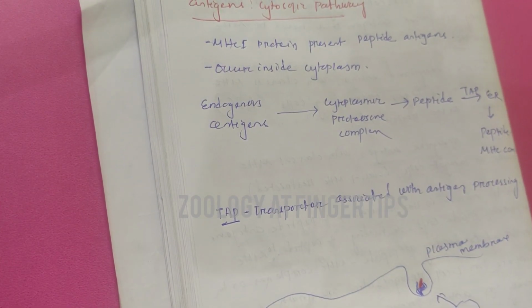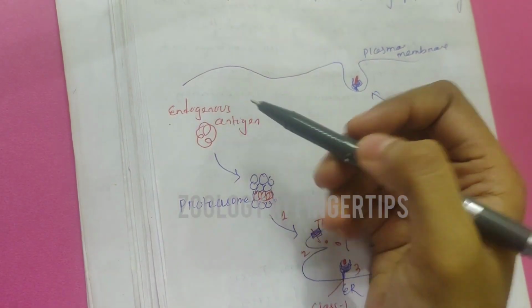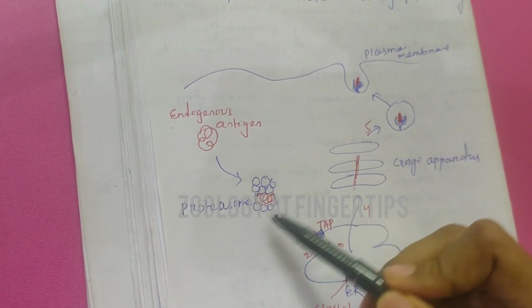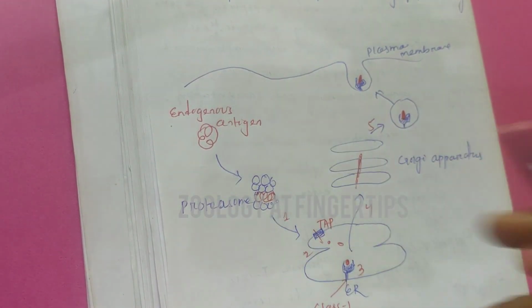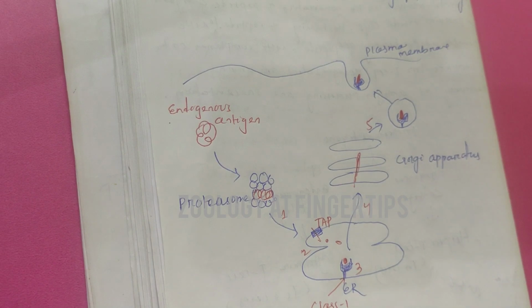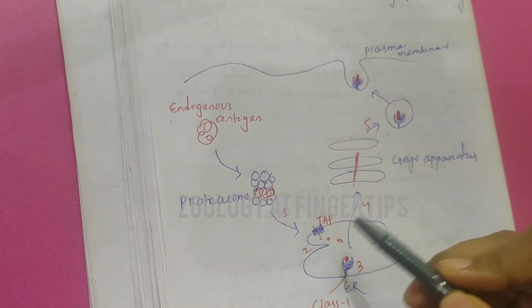Actually, when a pathogen enters into our body, these pathogens are cleaved by a protein complex known as the proteasome. This diagram shows an endogenous antigen which is degraded by the proteasome, a giant protein complex that degrades endogenous antigen into small fragments. Once these small fragments are produced, they enter into the endoplasmic reticulum by a pore formed by a